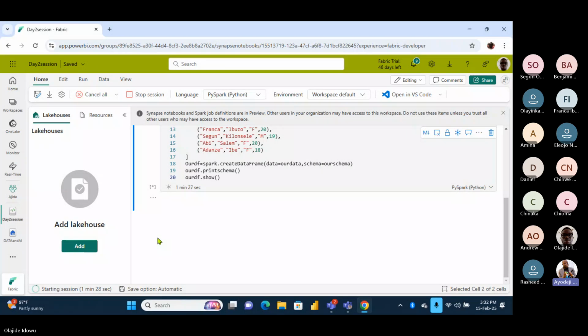Gidi, I'm seeing an error in your work. I can see your screen. In our DataFrame, capital letter O on line 18 is capital, and lines 19 and 20 are small letters. So are you using capital or small letter? It is case sensitive. It's supposed to be small letter. I didn't look at it, sorry. When I typed it, I didn't even look at it. It's case sensitive. Capital O is not the same thing as small o. Yes, I know. I didn't look at it when I typed. You can see that I wrote the other one in lowercase, so I think I pressed uppercase at that time.